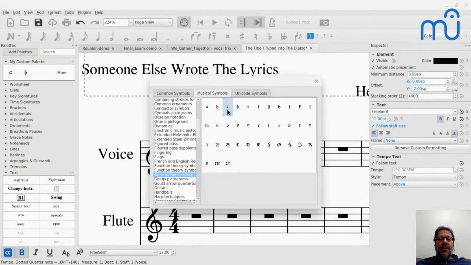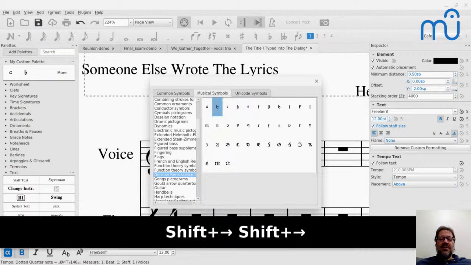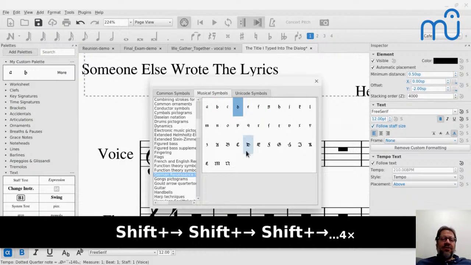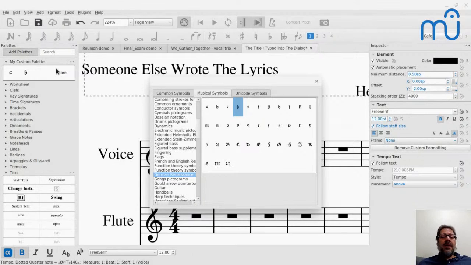Now, can I copy them all? Can I do some sort of drag selection to multi-select these things? I don't think there's a way. So you'd have to drag them in one by one if you wanted to do that. But more likely, you don't want a whole palette full. Maybe there are just a couple of symbols that you want. Well, this is how you could get them.